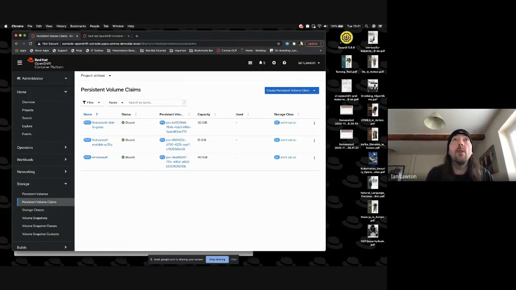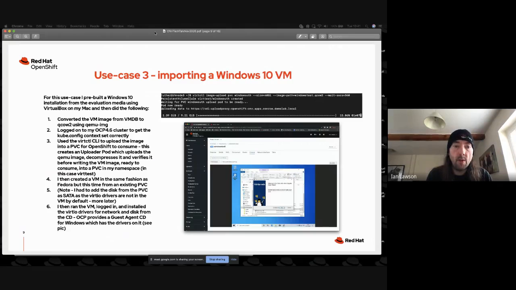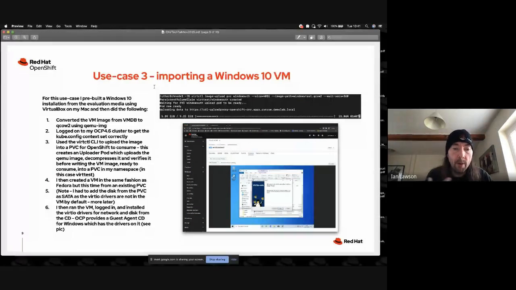Now, going back to the actual use case, what I did was I used the virtctl CLI to upload the PVC. I then created a virtual machine in the same fashion as Fedora, but this time I chose Windows and used the existing PVC option. Now, what was nice about this is that I had to add the disk, because when you add that URL or add the PVC, you add it as a disk to your virtual machine. But I had to add it as a SATA disk, not a VirtIO disk, because by default, Windows doesn't have the VirtIO driver. So I added it as a SATA disk, I ran it up, and when I actually ran it up,